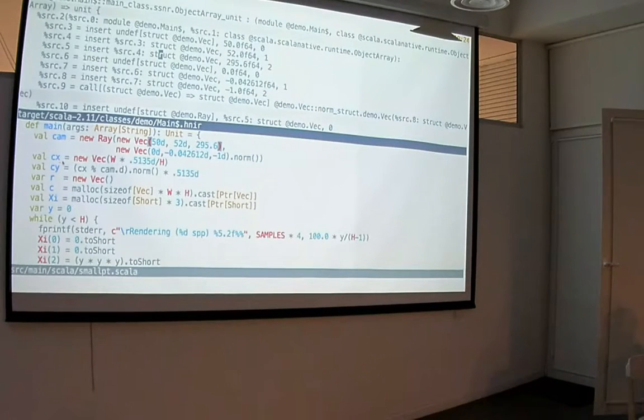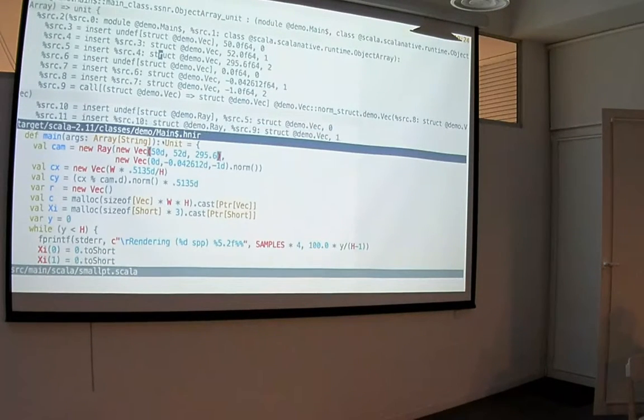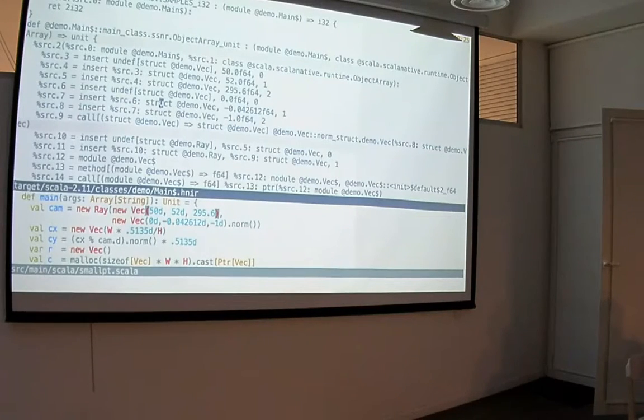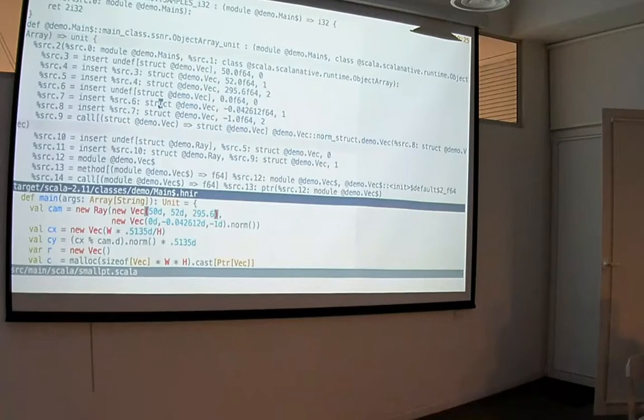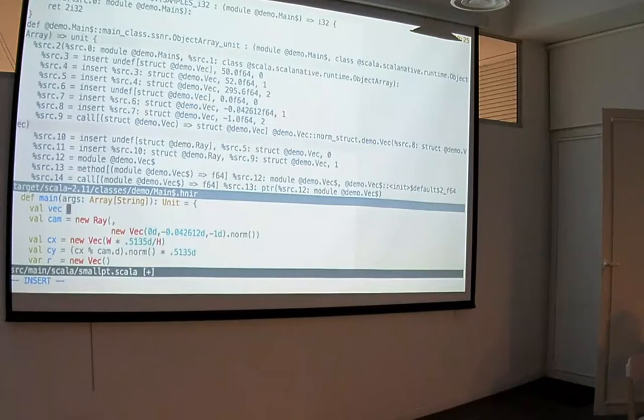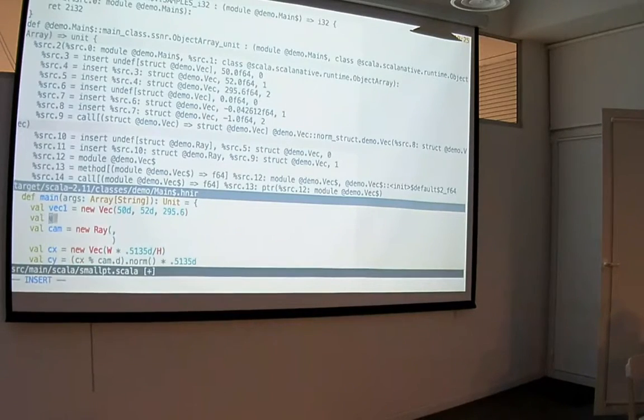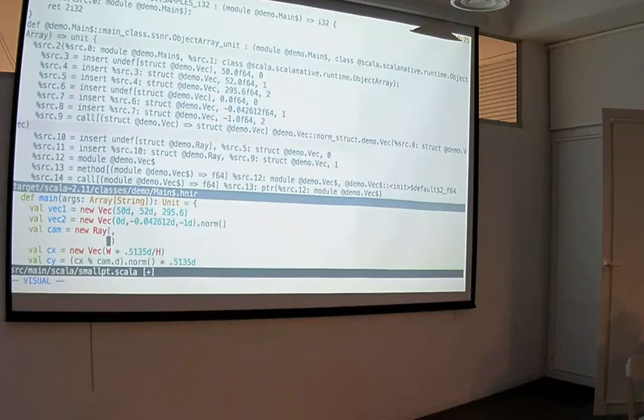And then to make a large expression like new array of new vec, you create a bigger sequence of instructions that do the same thing. A nice benefit of having this flat structure is that it's very normalizing, in that many different source code forms map to the same IR forms. For example, if we move this vector here to a local value here, vec1, and this one to the other one, and then recompile, we'll actually get the same IR.